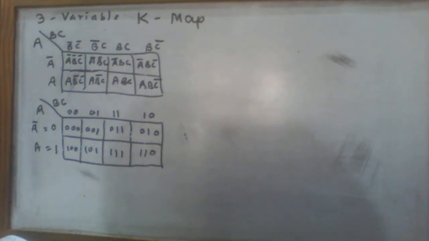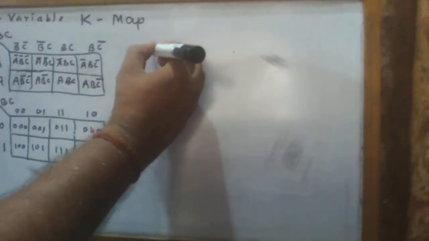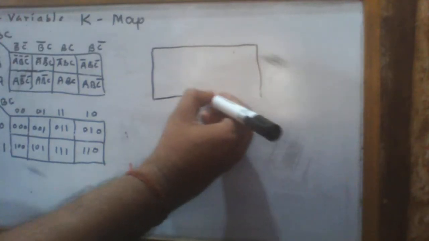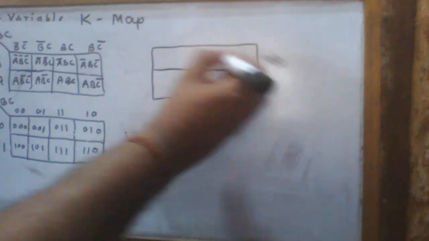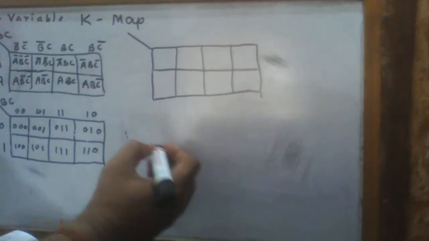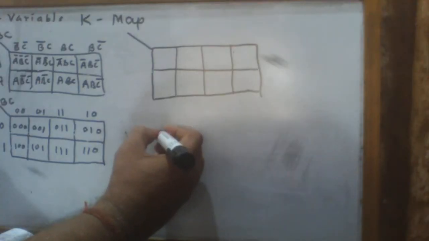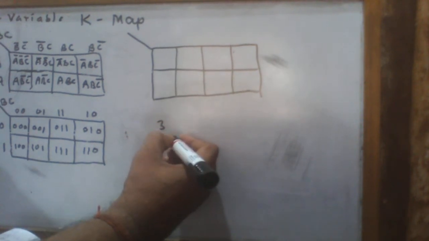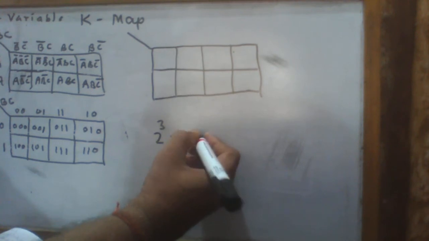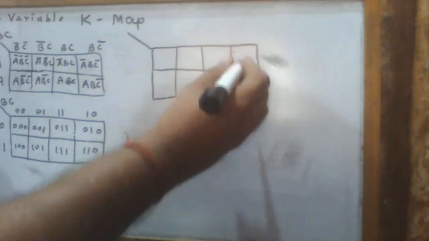One more method is there and it can also be used sometimes. Then the K-map can be plotted in this way, and if three variables are there, total number of cells are 8. Why 8? Because we know that number of cells is related to the number of variables as a power of 2. Three variables are there. 2 to the power 3 is equal to 8. Therefore these are total number of 8 cells.